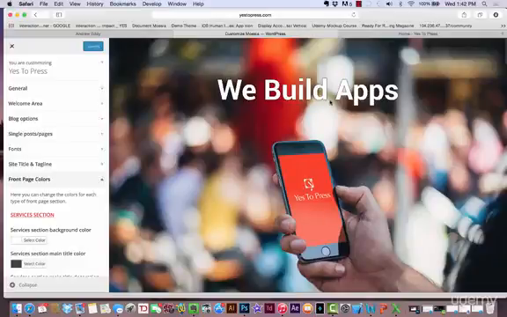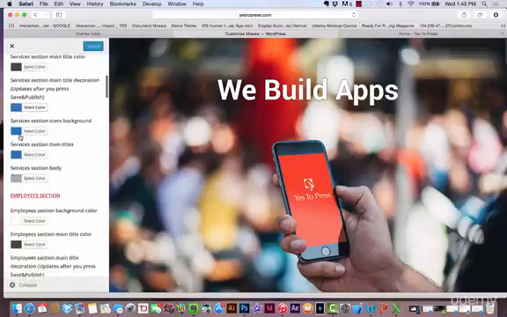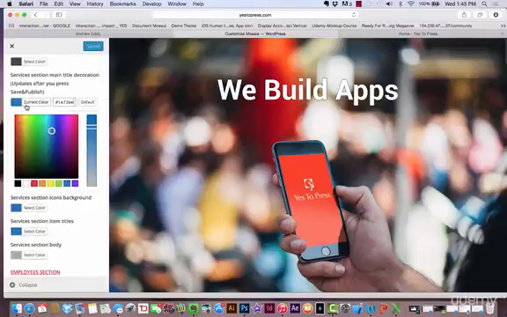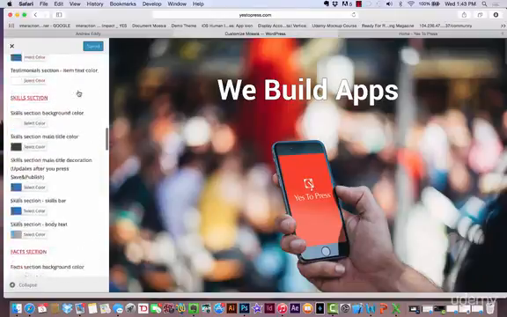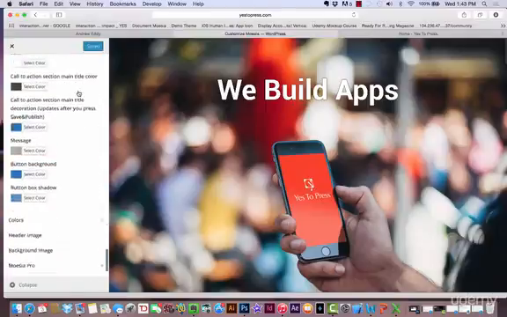And lastly, for this Yes to Press website, I wanted to rebrand the colors so that everything on the page is that blue. So essentially I just went to front page colors, and everywhere I saw that red color, I selected the color and grabbed this blue. And I did that every single time I saw red, I changed it to that blue color, and then